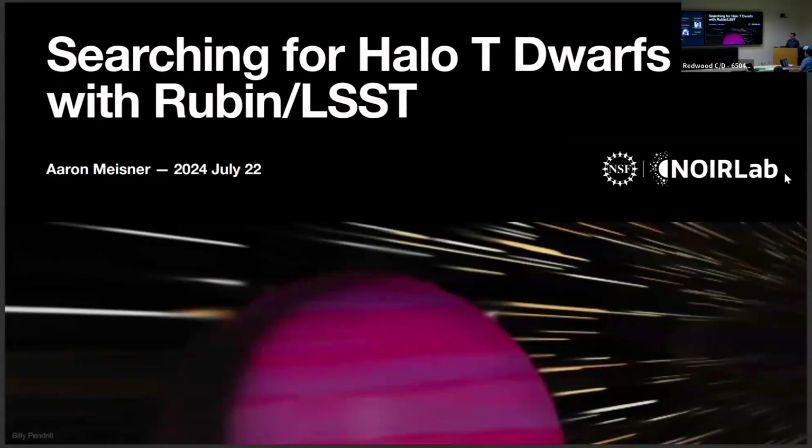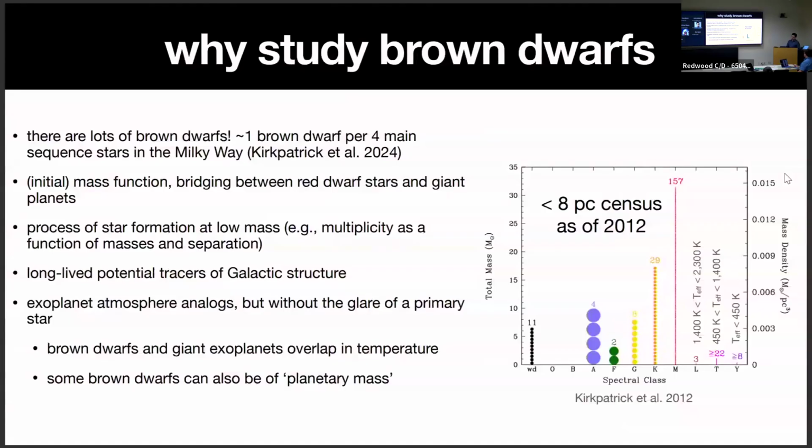Okay, well, that worked. All right, so my name is Aaron Meisner. I'm a staff astronomer at NSF NOIRLab in Tucson, Arizona, where I work on the Rubin community science team. And I'll be talking today about my own scientific interest, which is searching for halo T-dwarfs within the Rubin LSST dataset. So just to start out, one brief motivation about why you would even want to study brown dwarfs in